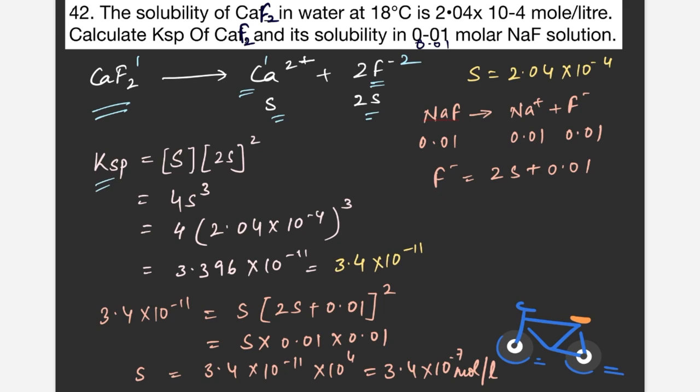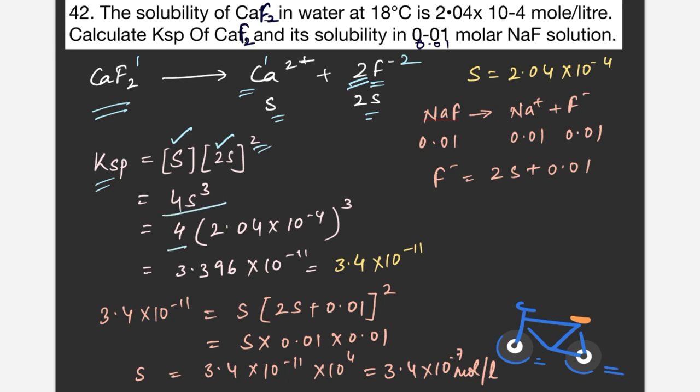Solubility product क्या होता है? Solubility product is the product of concentration of calcium ions and fluoride ion. So कैल्शियम आयन की concentration क्या है? S mole per liter. Fluoride ion की concentration है 2S moles per liter. So Ksp value will be S into 2S raised to the power 2. There are 2 moles of fluoride ions formed, so concentration of fluoride ions is raised to the power 2. तो solubility product की value हो गई 4S cube.